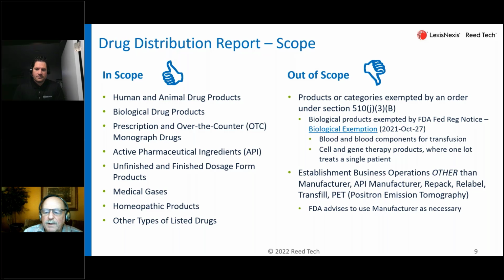There's two products. One is the blood and blood component for transfusion, and the second biologic is the cell and gene therapy products. So they have actually been carved out by the FDA. There's a similar type of report, a biologic lot distribution report, that actually serves those particular products. So I think the FDA thought it was redundant to do the drug distribution